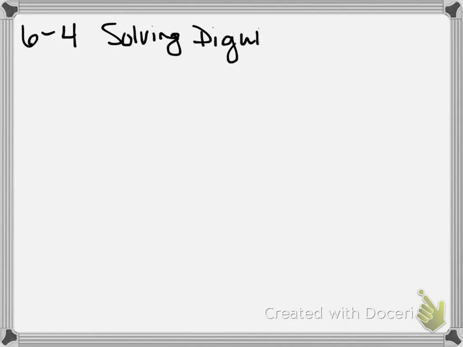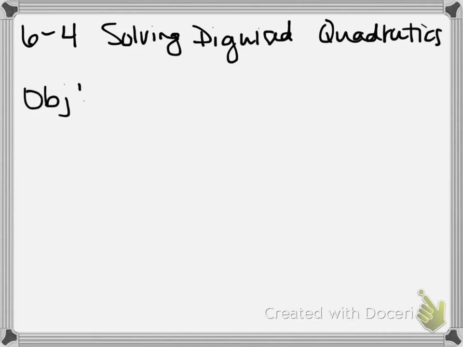Okay, so this lesson is 6-4. We are going to be solving disguised quadratics. Okay, so with that, our objective is to factor